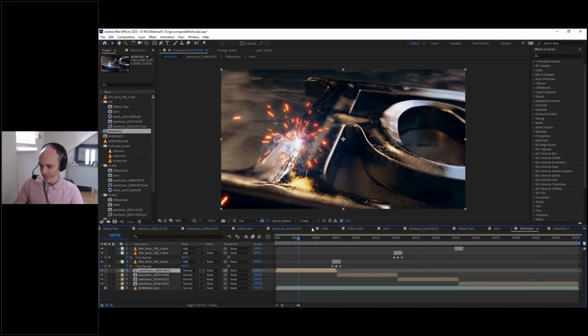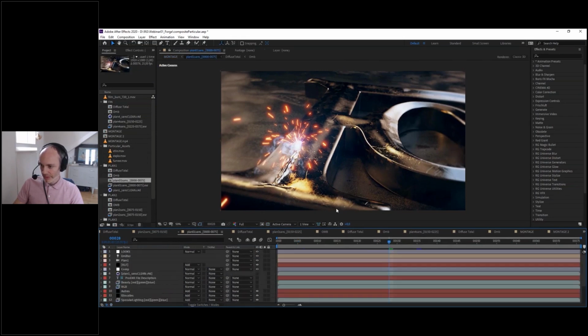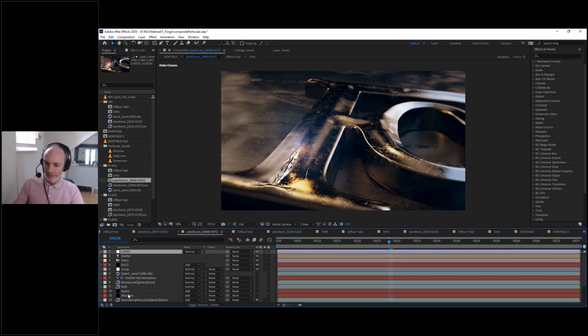actual shot, I'm going to go inside a shot. We can see here those layers here are the welding layers. So this is the raw 3D. Actually, it's not the raw 3D because there is also Light Factory, there is looks. And we have the welding created on top of that inside After Effects.